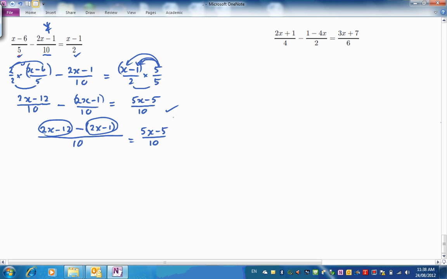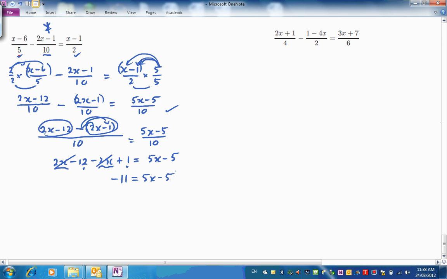All right, what can we do then? Well, let's collect them up over here. 2x take 12. Now this is take 2x, and then we want to take neg 1. So that's negative times a negative is a positive. So that's the resulting top line over there, and that will equal the top line over here. So let's tidy up. 2x take 2x, wipe out. Okay, we've got no x's left, but neg 12 plus 1 is neg 11, and that has to equal 5x